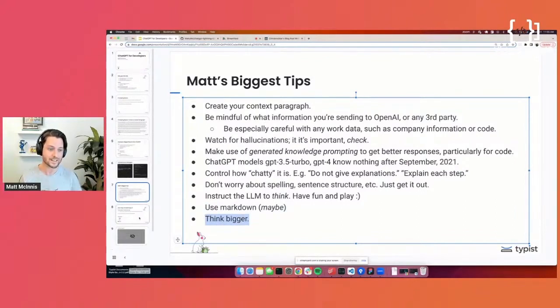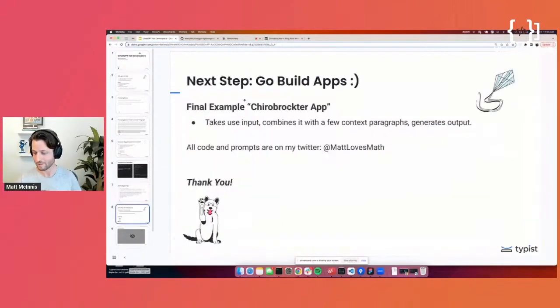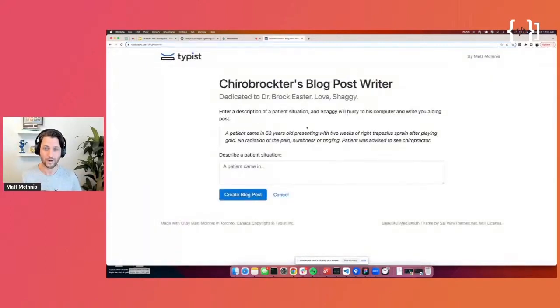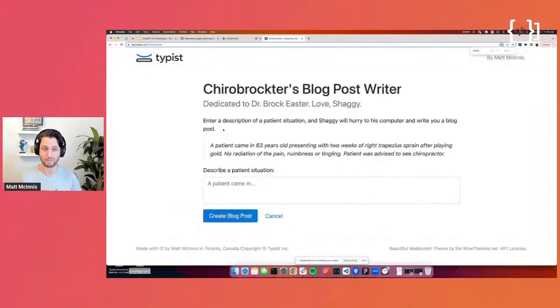And I want to end this with one final thing. I know I'm a little bit over. I'm sorry, Becca and Dan. But you can access ChatGPT programmatically through an API. And what that lets you do is it lets you build really cool apps extremely easily by basically doing exactly what we did. So let me show you one I made for a friend. This is a fun little few-hour project I made for a friend that uses ChatGPT under the hood.